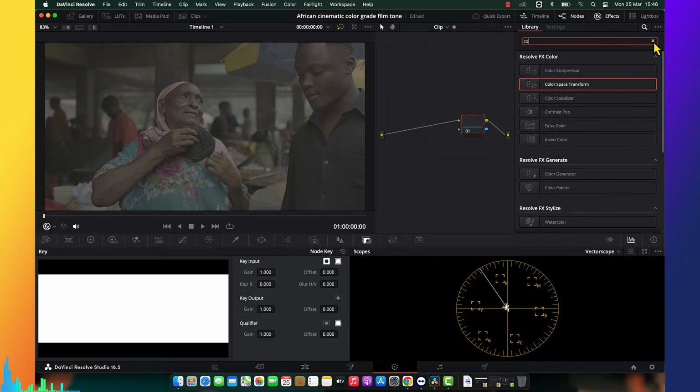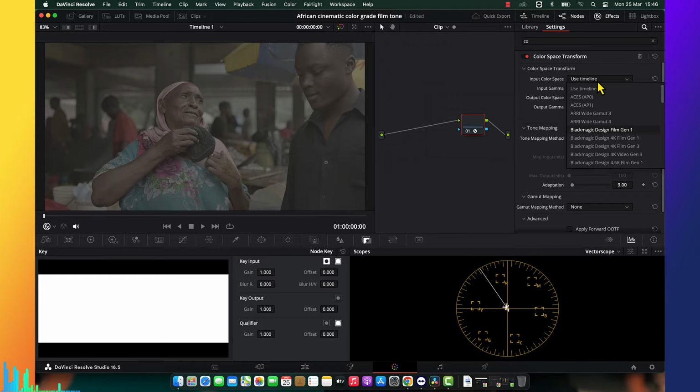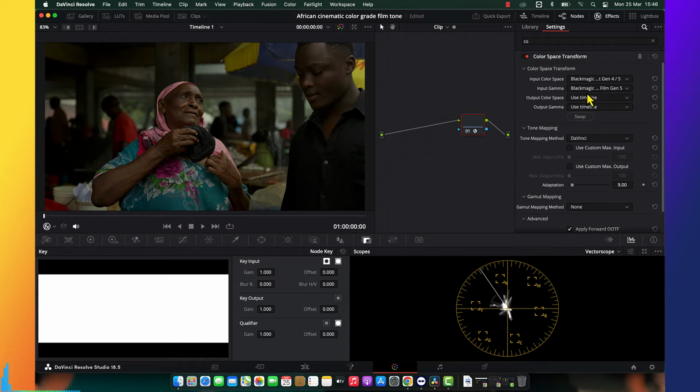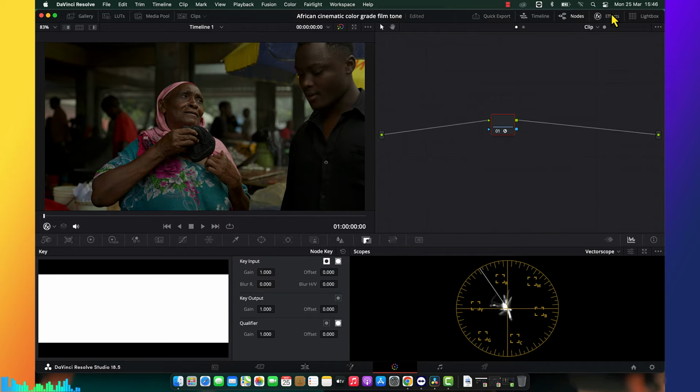So I'm going to start with the color space transformations. I put it over here. This was shot on Blackmagic 6K, I think, something like that. I don't know, but I'm going to use Blackmagic Film Gen 5. This is beautiful. I'm going to use sRGB. You guys know about this. These days I don't use Rec.709 anymore. It's a beautiful way, and I feel like, okay, this is the way that I love it,